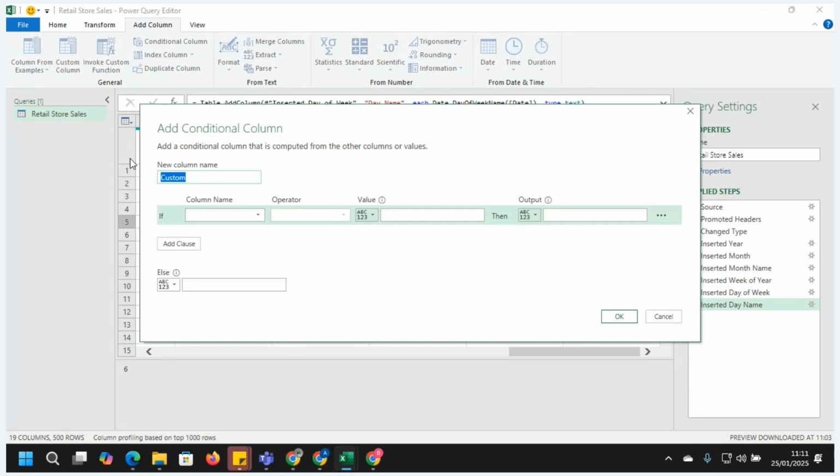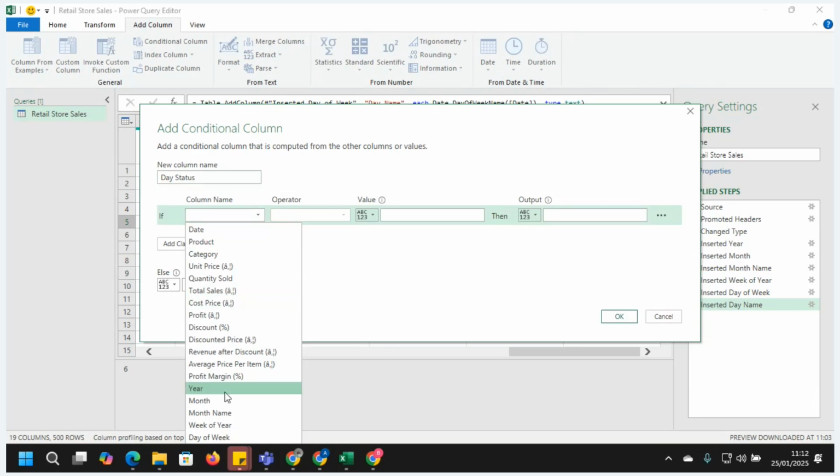I will call this one day status. We want to know if the day belongs to weekend or not. Day status. Which column are we looking at?